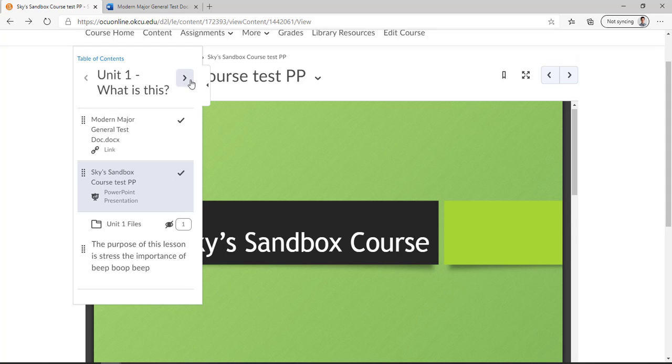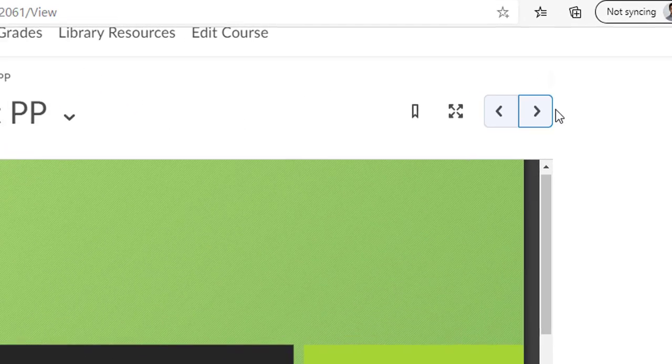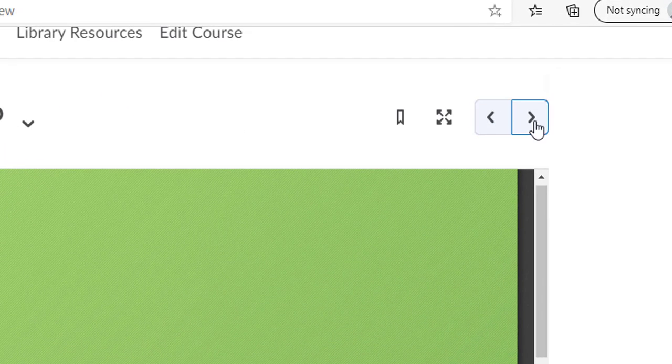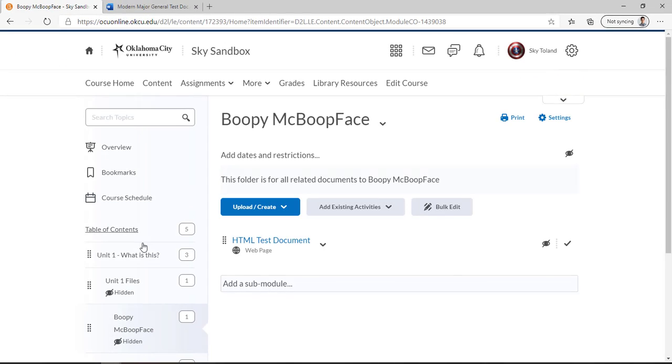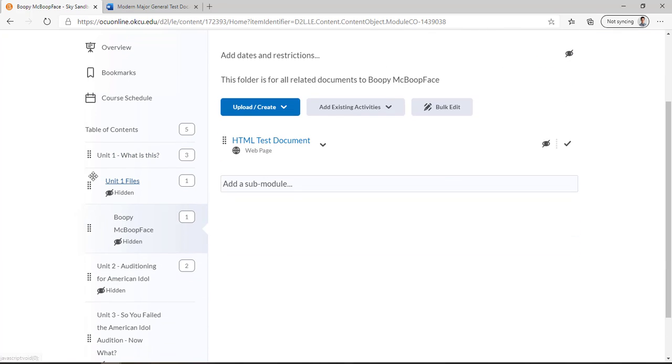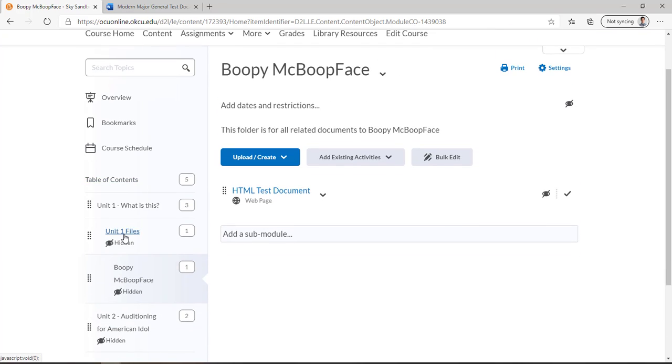We can go to anything in Unit 1. Also, we have this little arrow set up here that can let us scroll basically through everything in Unit 1. So there's a lot of different ways that you can go through. And so one more thing I'm going to show you in Unit 1 that I created is our Unit 1